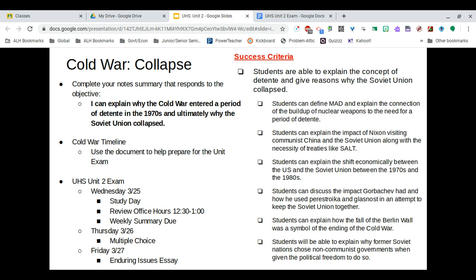On Thursday, I will give you the multiple choice portion of your test, and on Friday, I will give you your enduring issues essay portion of that test. The multiple choice portion of your test will be taken on Google Forms, so you will get your automatic feedback right away on how you did at that portion of the test, and then you will take your essay the next day. If anybody has any issues, questions, comments, concerns, please feel free to email me. Let me know immediately if you're stuck on something so that I can help you through it, or if something is not working. All right, as always,